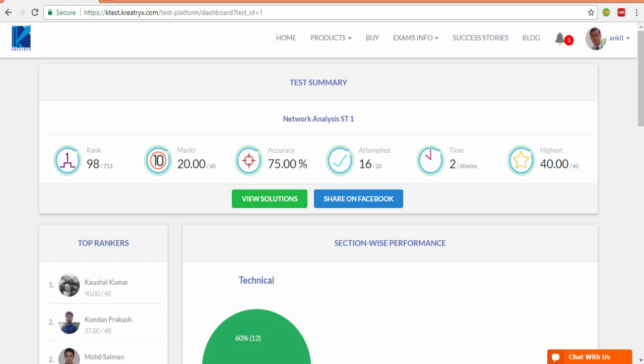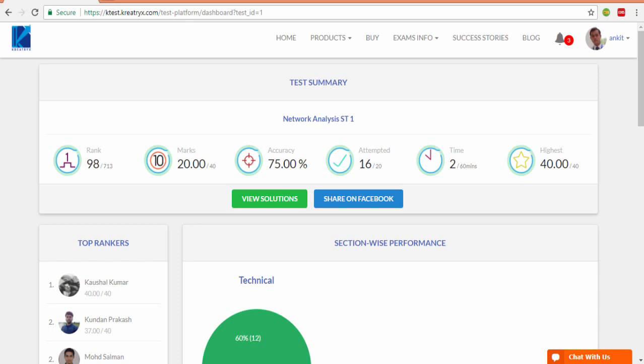Then accuracy. Accuracy is how many questions I have attempted, and out of that, how many questions are correct. This is a very important parameter, because what I recommend GATE aspirants is that you should always target the accuracy to be 100%. Okay. And at the same time, you have to see this attempted question.